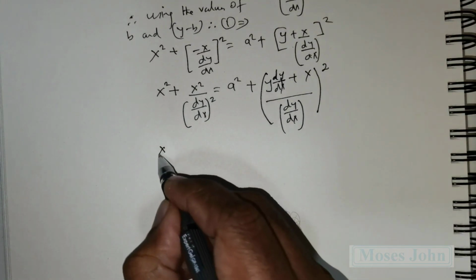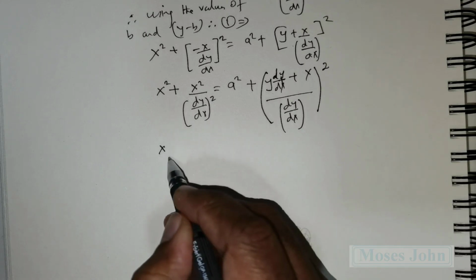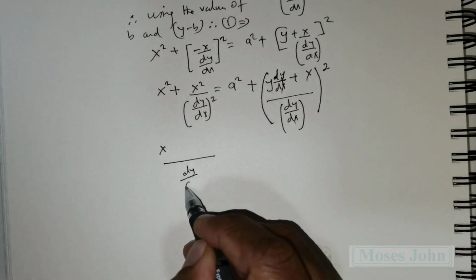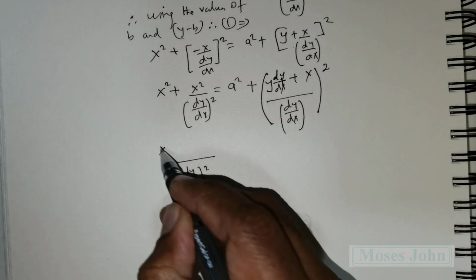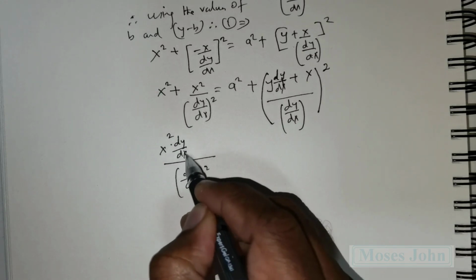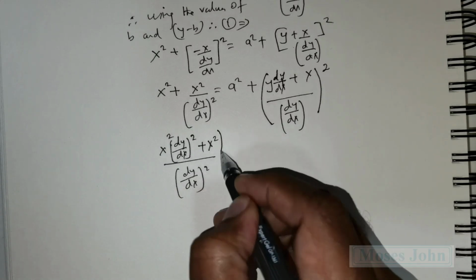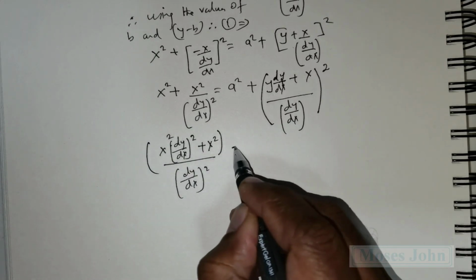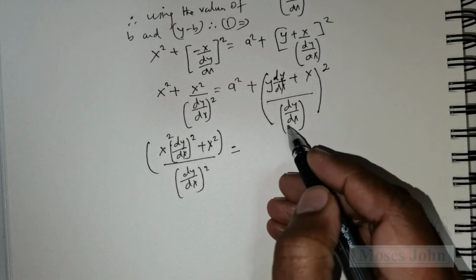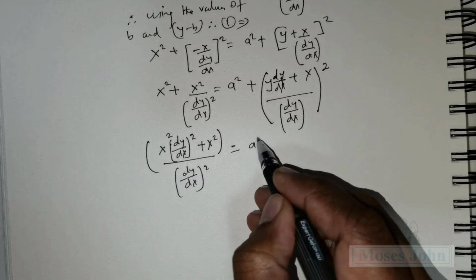Now this can be rewritten: with the LCM as dy over dx, the whole squared, I would get x squared times dy over dx raised to the power 2 plus x squared, this is one term,